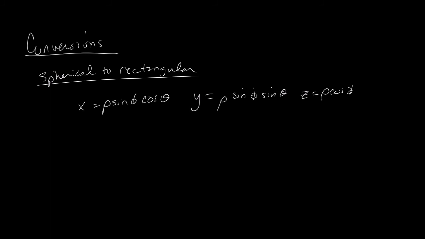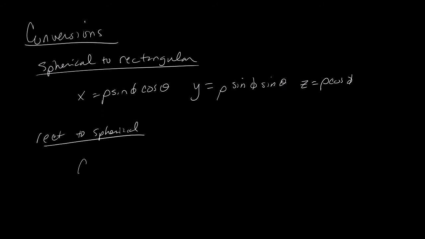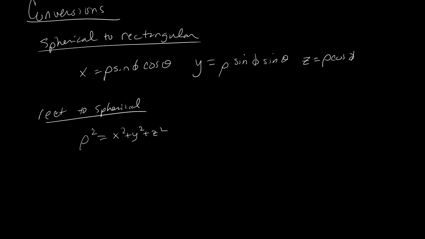Okay. If you're going the other direction, rectangular to spherical, we have rho squared is equal to x squared plus y squared plus z squared. Okay, so just again that extension into third dimension. Rho then would be the square root of x squared plus y squared plus z squared. So that might be more convenient if we need to use that. We have tangent of theta is y over x, and we have cosine of phi